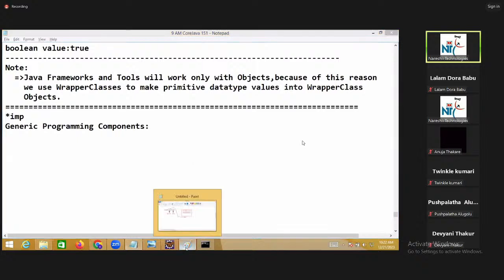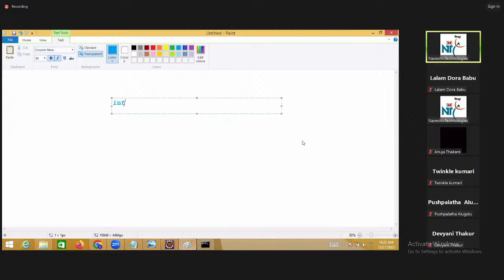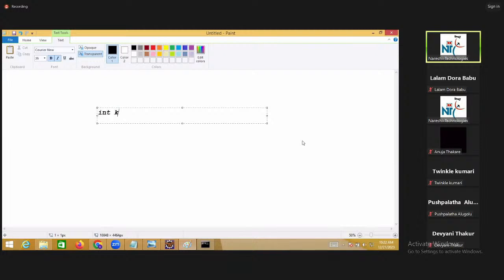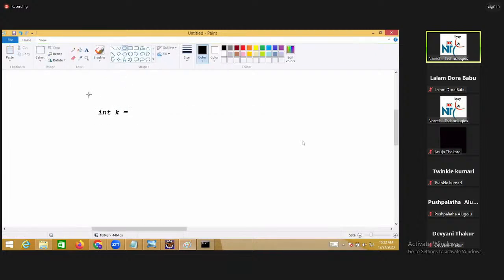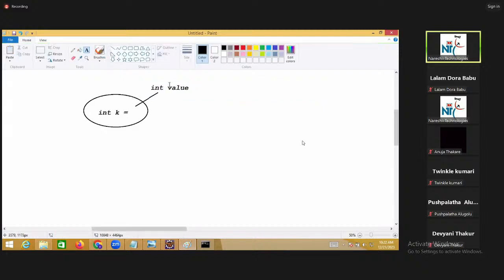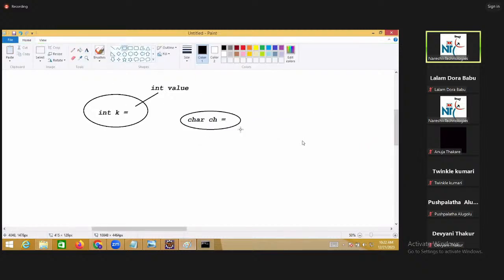Suppose I give one variable to you, int k. Whenever I give int k, what will you do? Sir, I will load k with one int value. Now I give one char variable. Whenever I give a char variable, sir, I'll fill this variable with a char value.